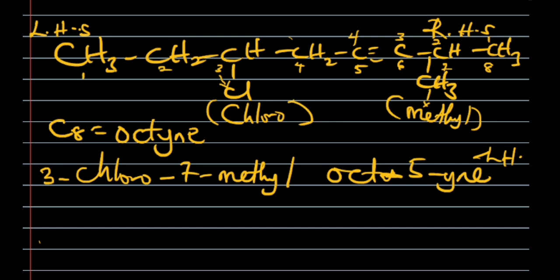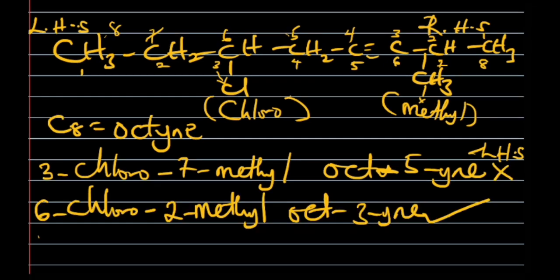Why is the other one wrong? Because majority of the students out there always name organic compounds using the wrong approach. And when you use the wrong approach to name any organic compound, one thing about organic chemistry is that when you put it together, you feel like what you're naming is wrong. But if you follow the IUPAC nomenclature, that is the approach, either from the alkane, the